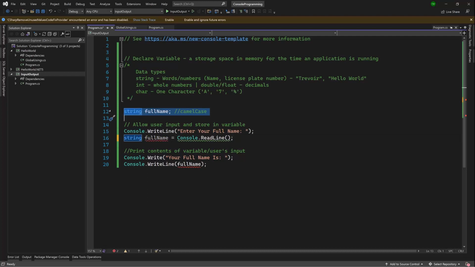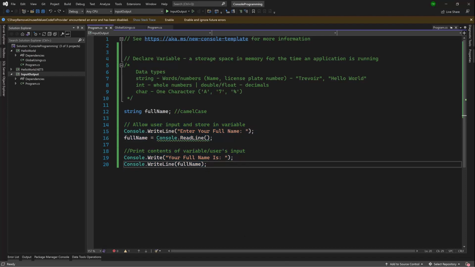Of course, you can't have two variable declarations of the same name. So if you create the variable before, you can't do this a second time. But here, what I'm saying is create a variable called fullName and give it whatever comes in from the user. So that's actually fewer lines of code. So sometimes it's worth creating a program that uses fewer lines of code. Sometimes for readability, you want it as explicit. So I'm going to leave it like that for your consumption. Create the variable, allow the user to enter, store it in the variable, and then print the contents of the